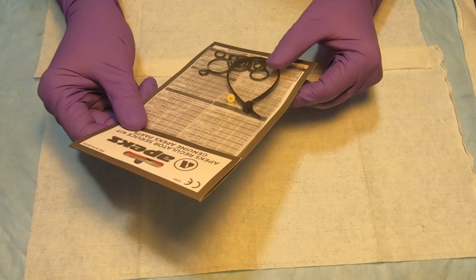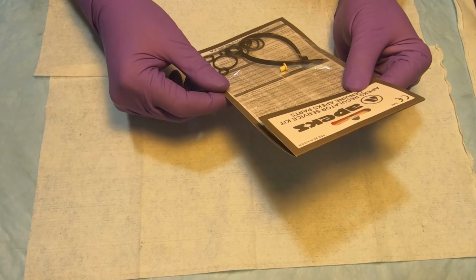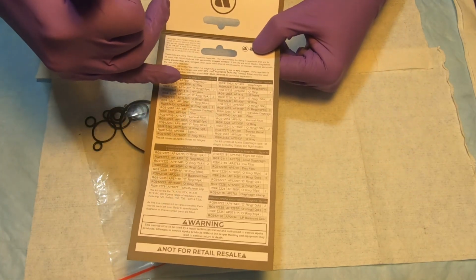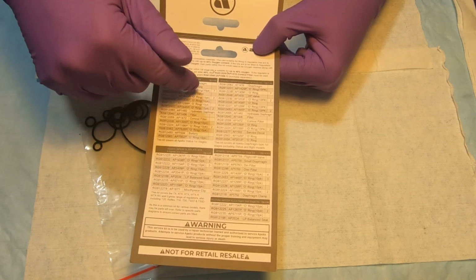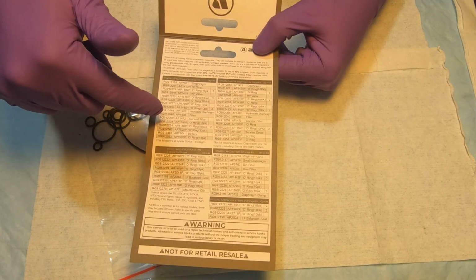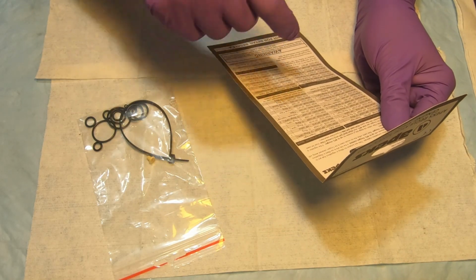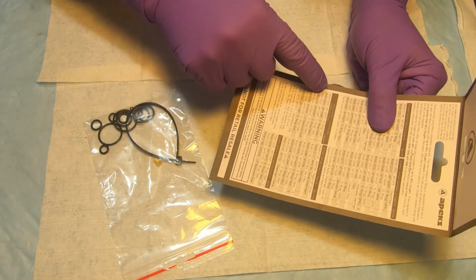Let me talk a little bit about the service kit. So it came like this. This card here tells all the part numbers that are on a diagram inside of the manual, which I'm gonna show in a minute. But this card is for every kit that Apeks supplies for their regulators, not just for the XTX 50, but all kinds of other regulators. So the one that we're interested in for ATX, XTX, MTX second stages is this one,